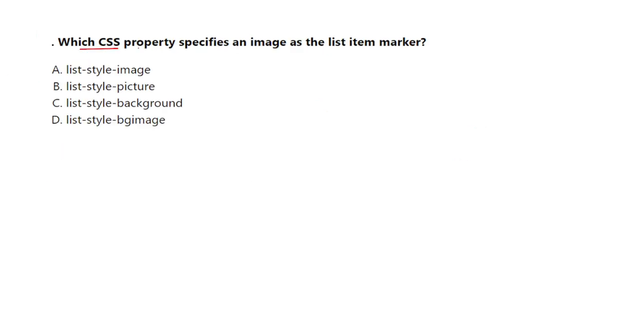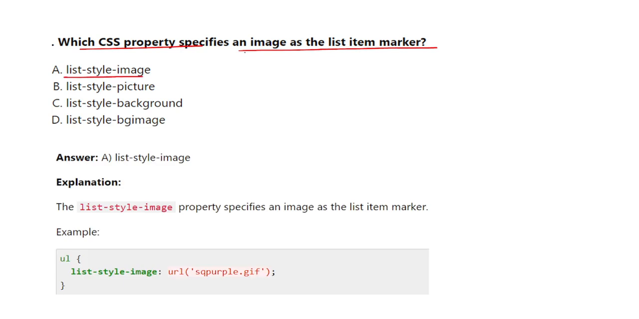Next question is: which CSS property specifies an image as the list item marker? The answer is list-style-image. Here we are talking about images. The list-style-image property specifies an image as the list item marker. It means that rather than using bullets like this, if you want a small image here, you can write list-style-image: url, which means uniform resource locator,